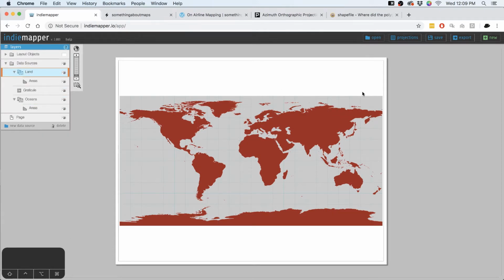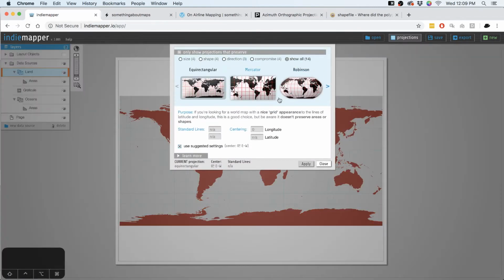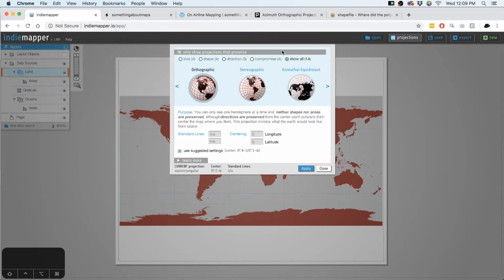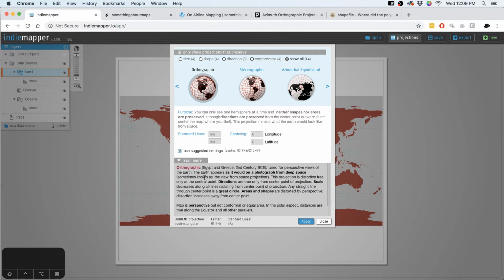And now I want to reproject this. And there's this projections panel. And they've got 14 different options here. And it's not as thorough as a GIS. You can't do every single possible thing. But they've got some flexibility. You can change the parameters on any of these. And again, to kind of show the origins and the intent of this system, they've got these learn more buttons so you can find out more about what this projection does.